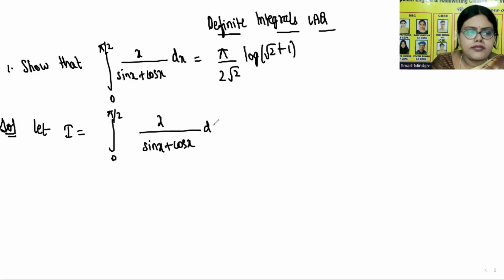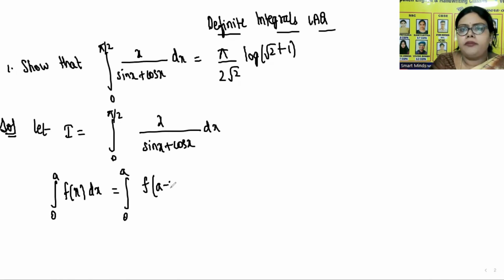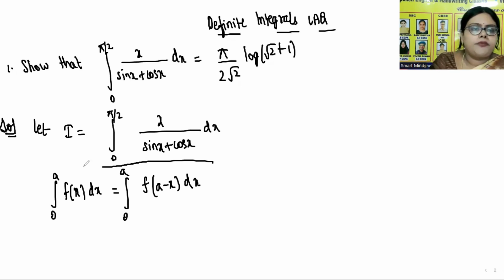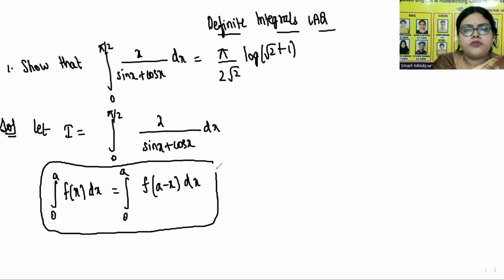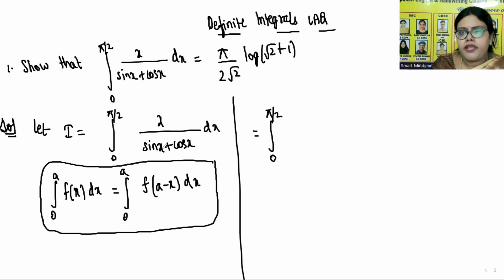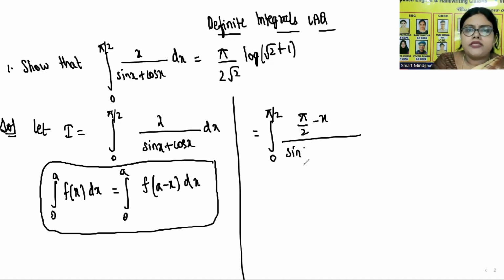Now we have a property, integral 0 to a f of x dx is equal to integral 0 to a f of a minus x dx. This is a property of definite integrals which we are going to use here. So that is equal to integral 0 to pi by 2. Now wherever you have x, we take pi by 2 minus x. So this is pi by 2 minus x by sin pi by 2 minus x plus cos pi by 2 minus x